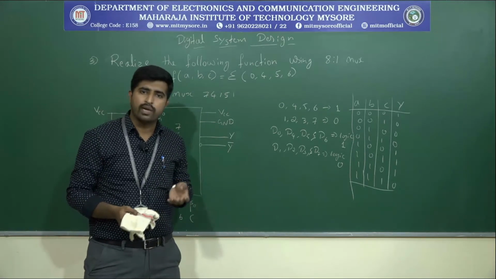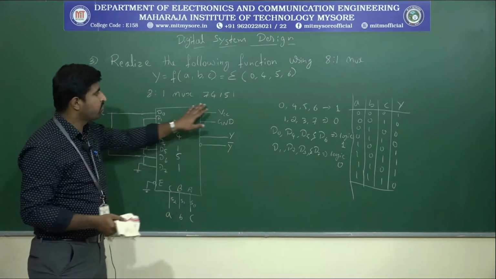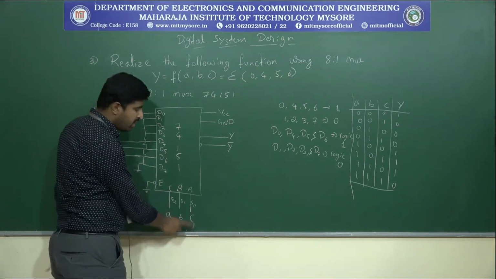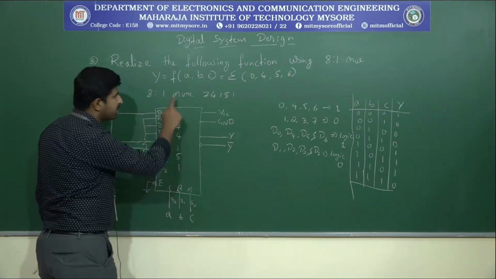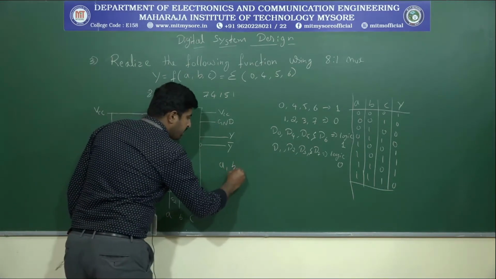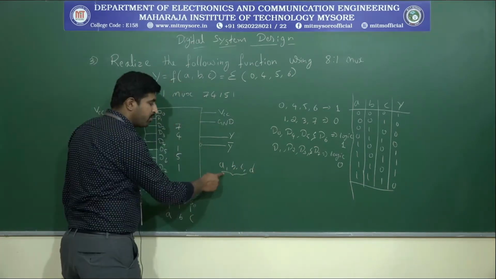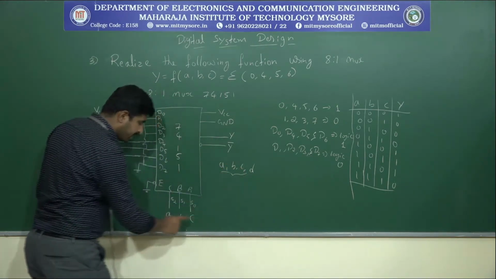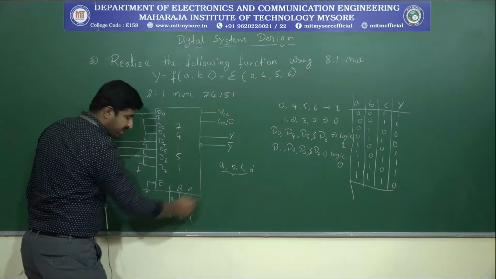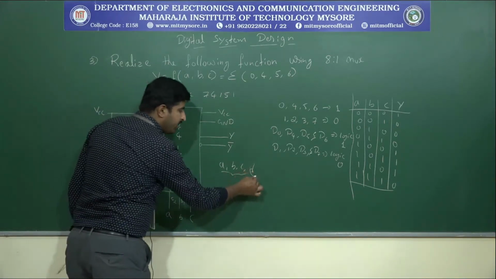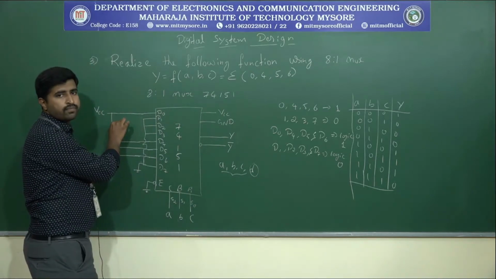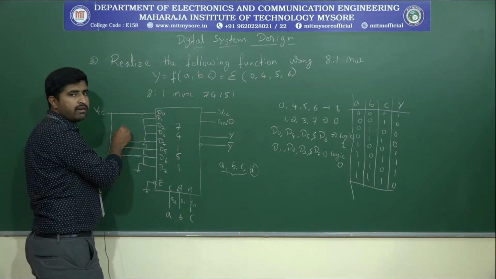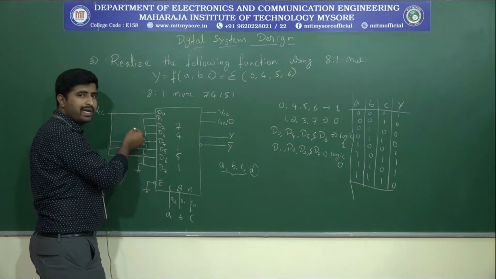To implement 4 variables using the 74151, the starting 3 variables, from the MSB, will be connected to the select lines, as I have done. 4 variables means we will have A, B, C, D as the input variables of the function. Then D will be connected as an input, so the output will vary with respect to D. How the output varies with respect to D will be considered.